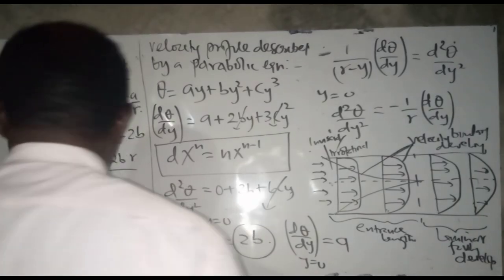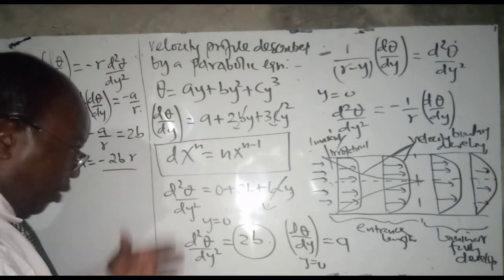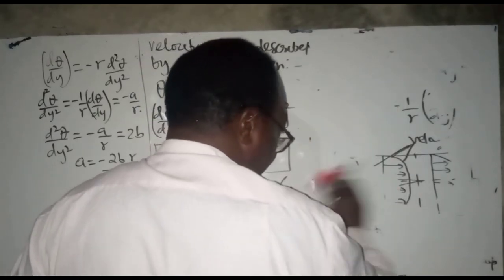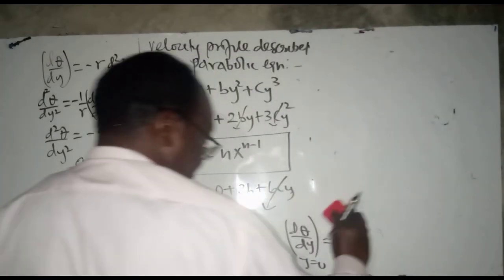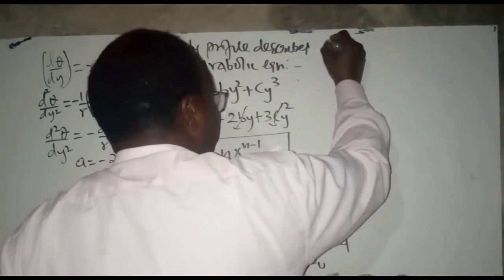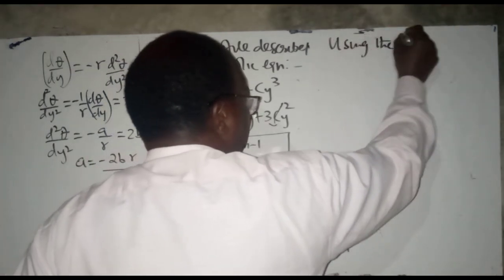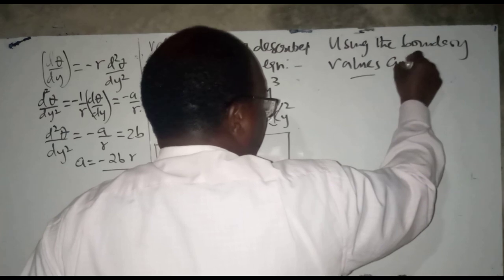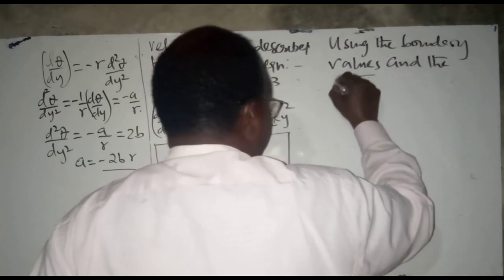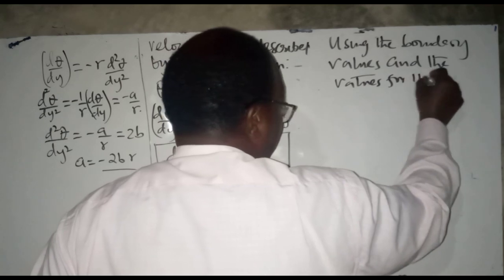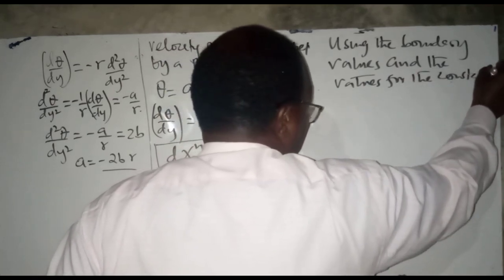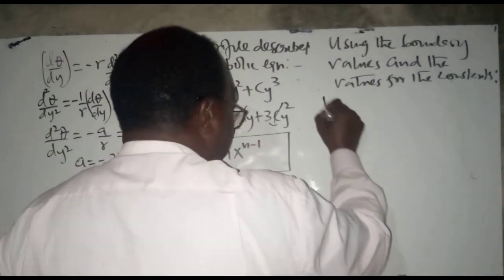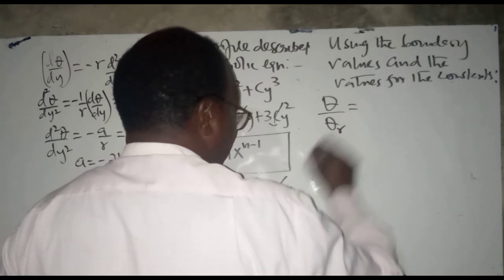And so you will find that for the parabolic equation, for this system, when you solve for these a's, b's, and the other values based on the boundary values, and the values for the constants, then you will find that the parabolic expression is